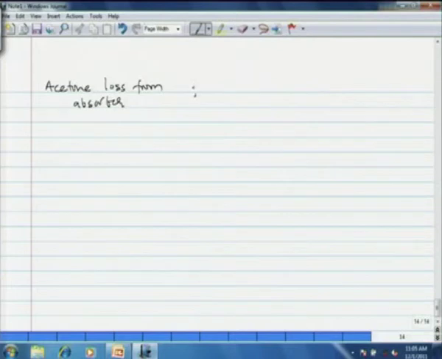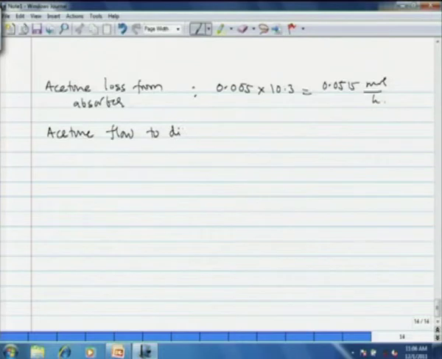That will be merely 0.005, not 0.05, 0.005 into 10.3, that is 0.0515 mole per hour. Okay. Now, the acetone flow to the distillation column would be 10.3 minus this loss, which is approximately 10.25 mole per hour,